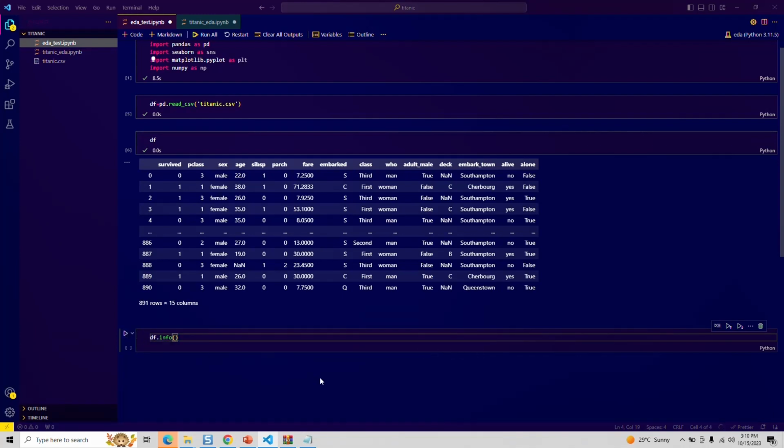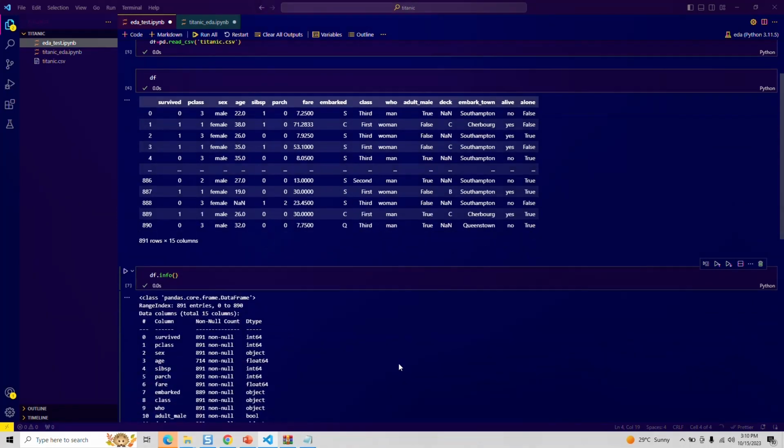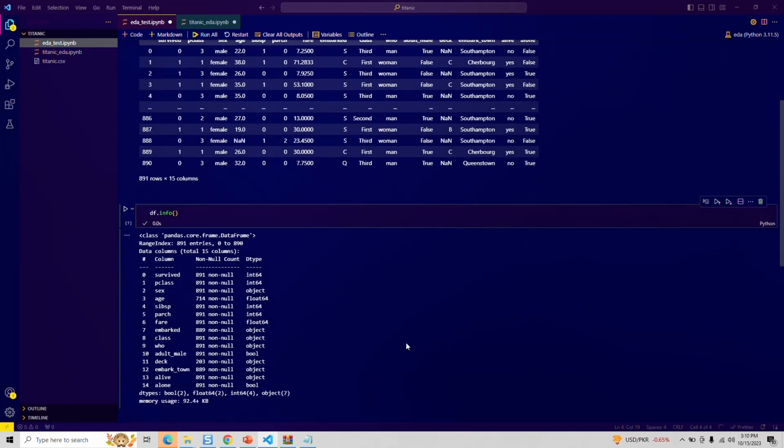This time I just click here while holding my Control key and Enter, and this will execute and show all the dataset information. And here I am able to see my expected number of columns, and the system will be presenting these are the number of columns this dataset currently possesses, and how many rows we have for this dataset. So the total number of rows is 891, and there are 15 columns, and this will also be presenting the data types for each and every individual column: survive,